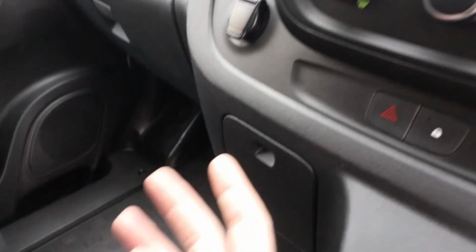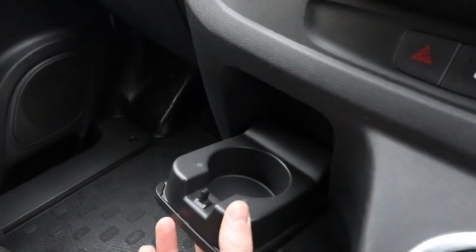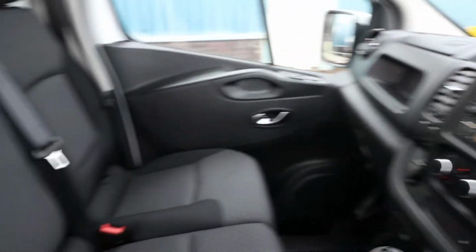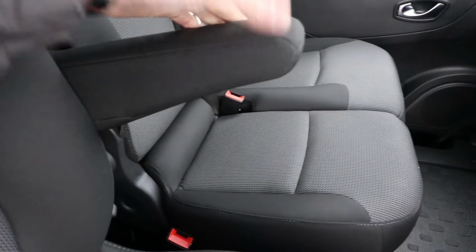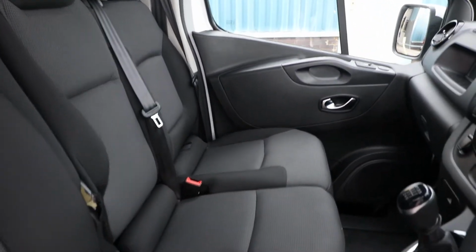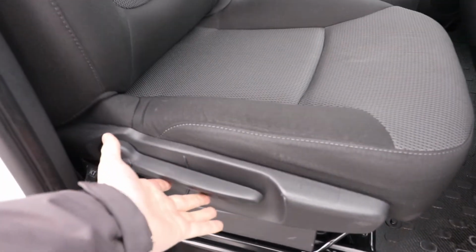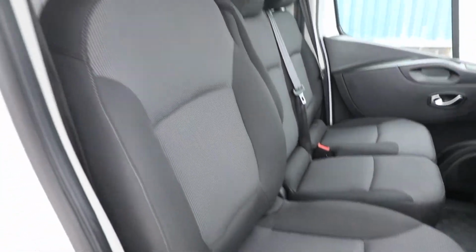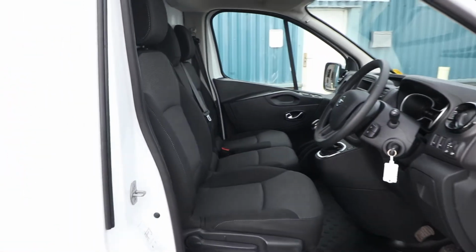12 volt socket just there. Looking down here as well, you've got a nice little cup holder just there, and you've got another USB port up on the top as well. You've got a driver's armrest. You can fold this middle seat down, and that actually gives you another cup holder there as well, and you've got some nice adjustability on the driver's seat. And as I say, condition here all absolutely spot on, no rips, tears or cigarette burns, anything like that, all in